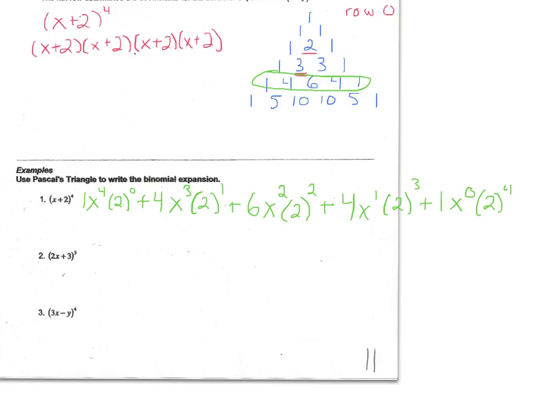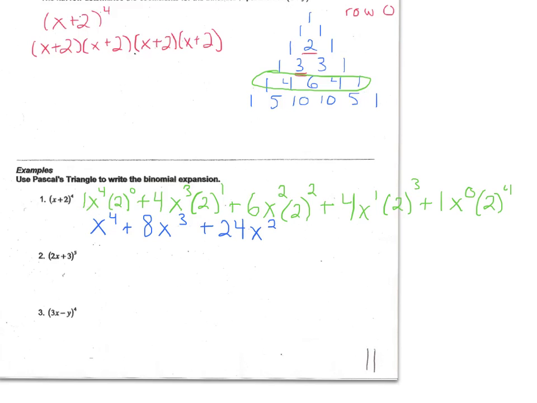So now we're almost done with our expansion. The last thing that we have to do is simplify. So if I look at the first term, I have 1 times x to the 4th times 2 to the 0. And 2 to the 0 is just 1, so I have x to the 4th. My next term, I'm going to have 4 times 2 to the 1st, which would be 8, and then an x cubed. For my third term, I have 2 squared, which is 4, and 4 times 6 is 24, so